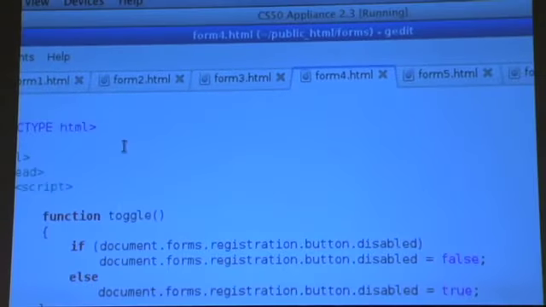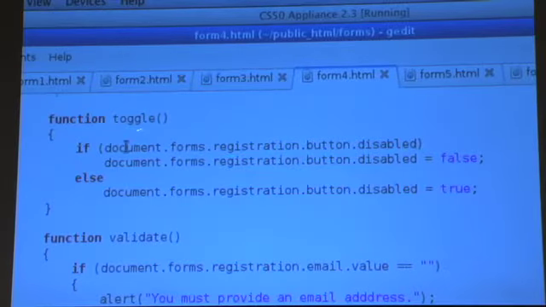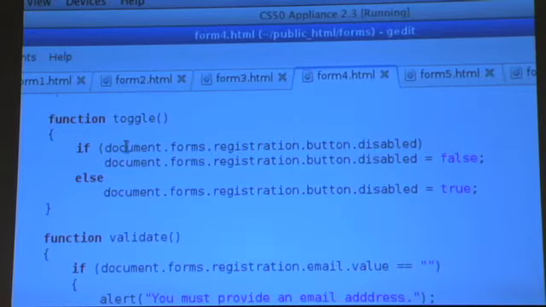So now if I scroll back up to toggle, I now have if the button's disabled Boolean property is true, because that's all in one big set of parentheses, then go ahead and set the same thing, document.forms.registration.button.disabled to false, else set it to true. And simply by tweaking these properties inside of these objects on the page, I'm able to change the aesthetics of the page and also the functionality. So again, we have now programmatic control of the DOM based on these event handlers that I'm now listening for.